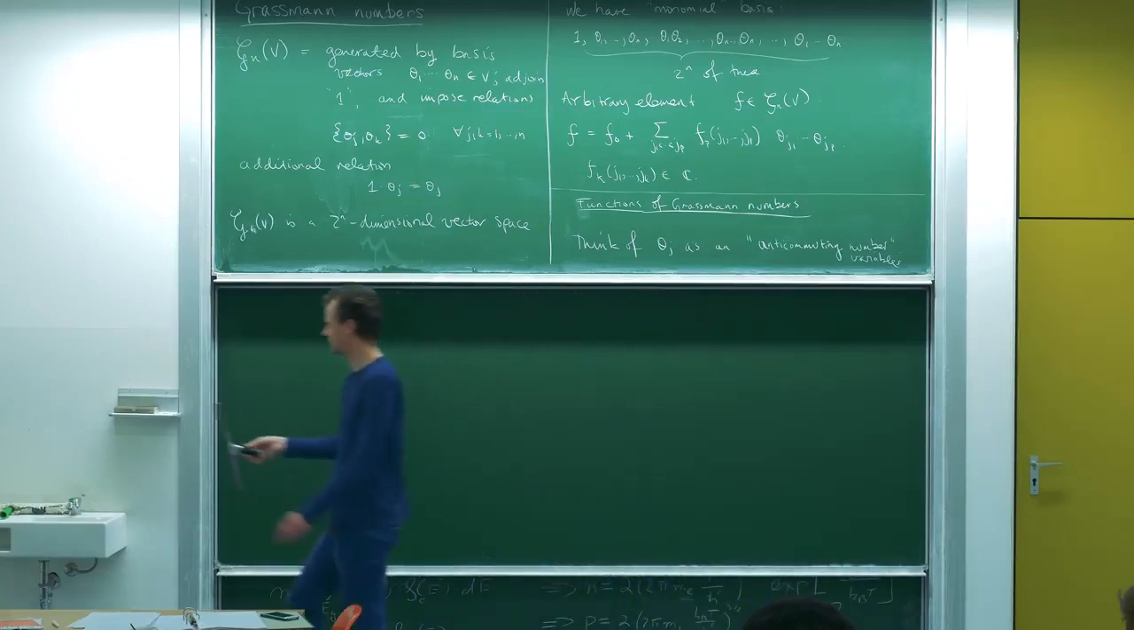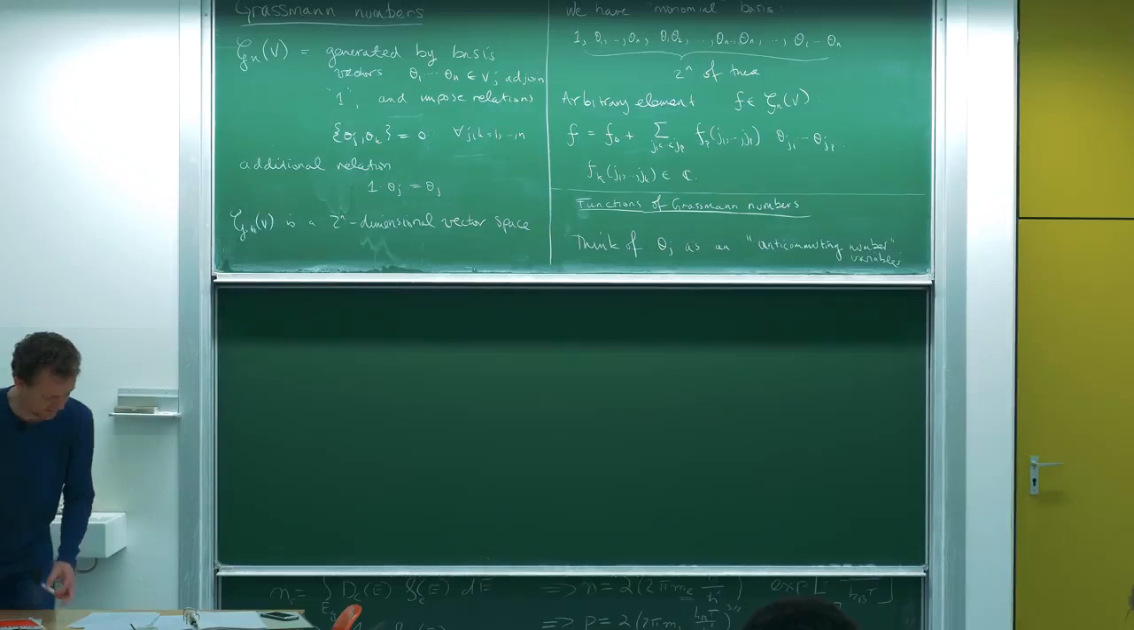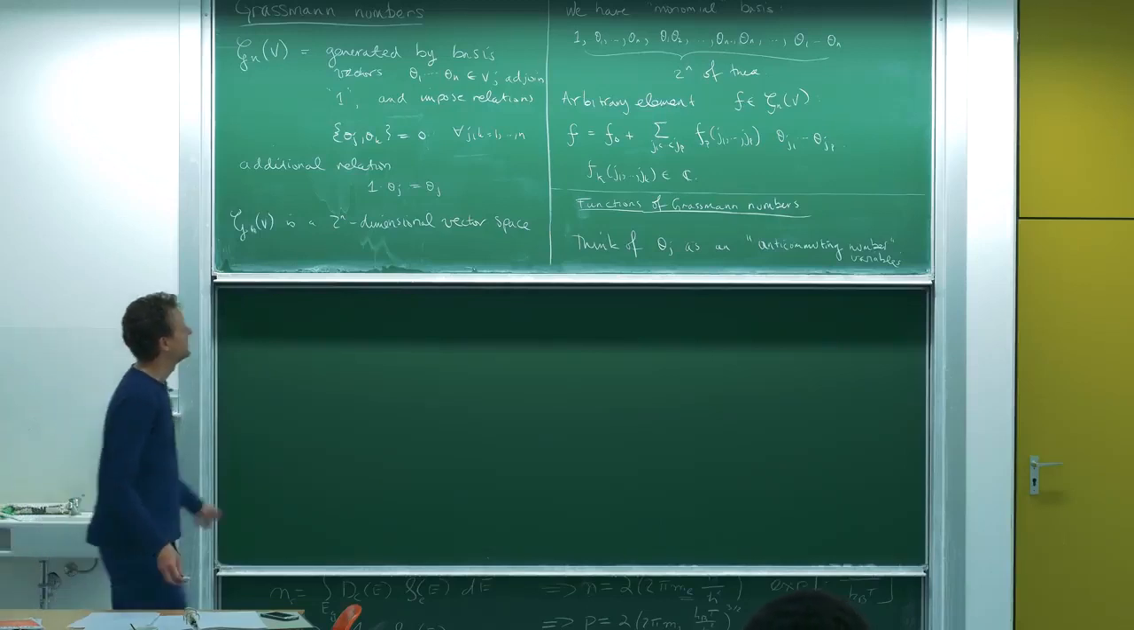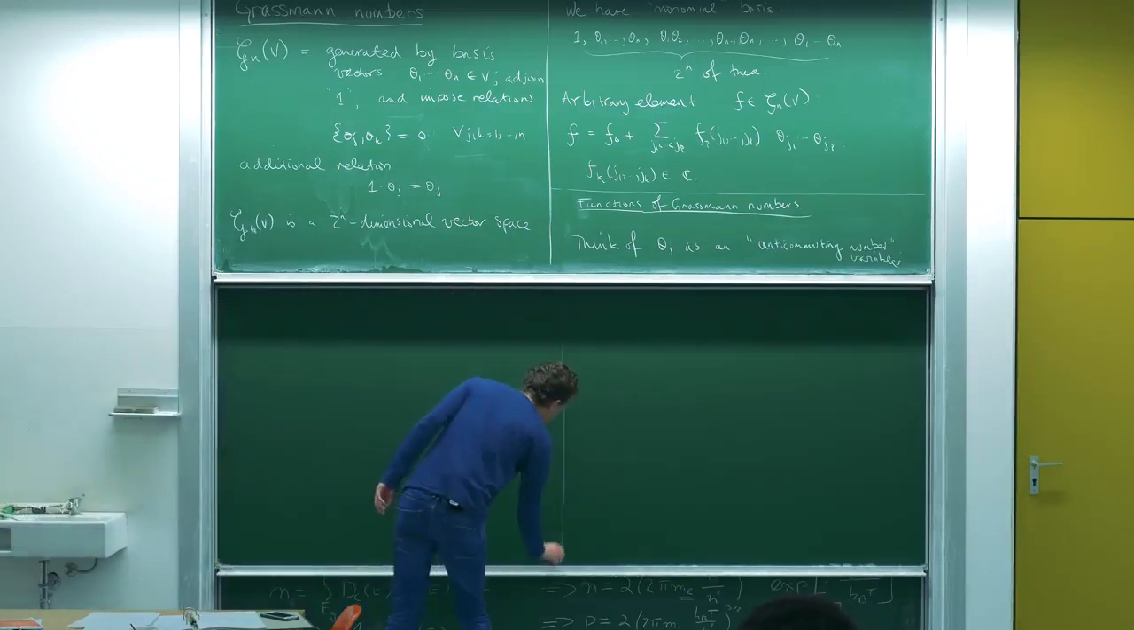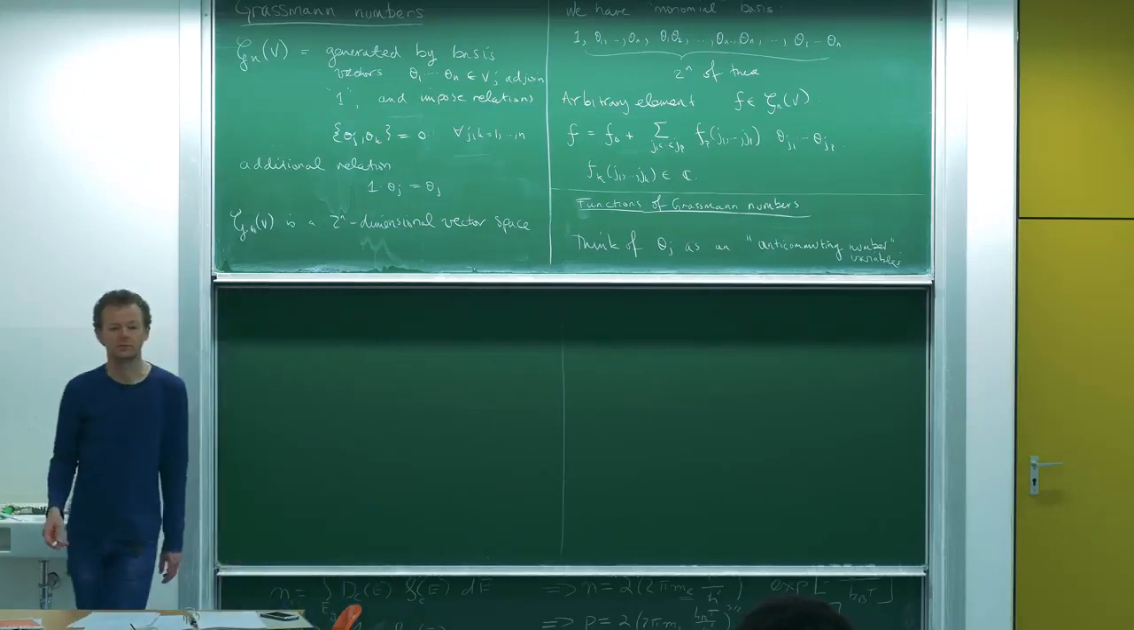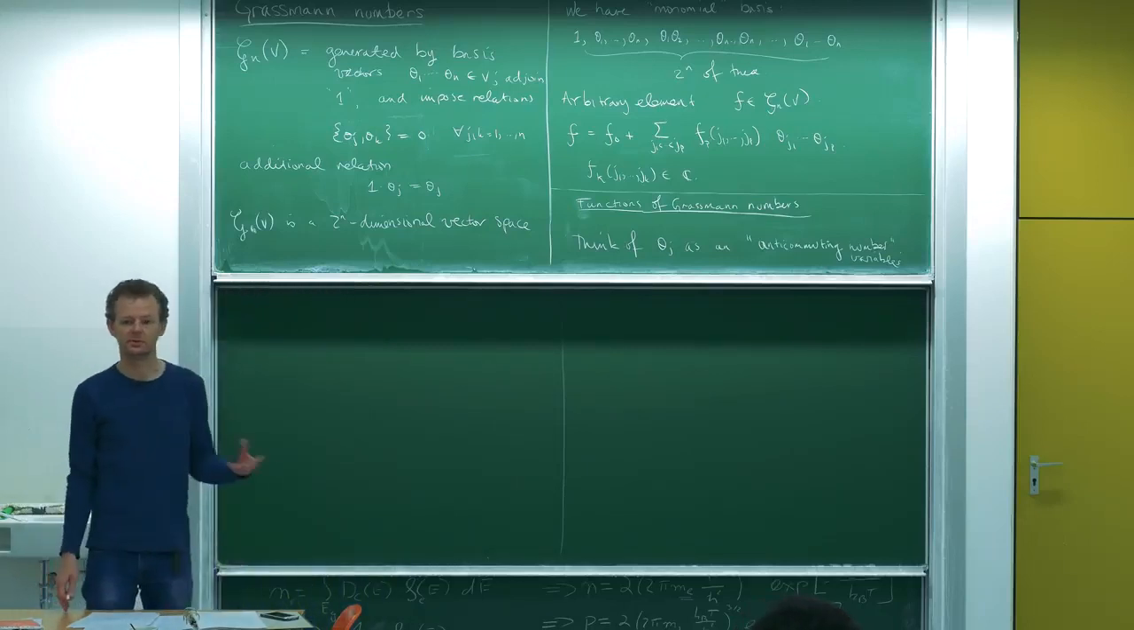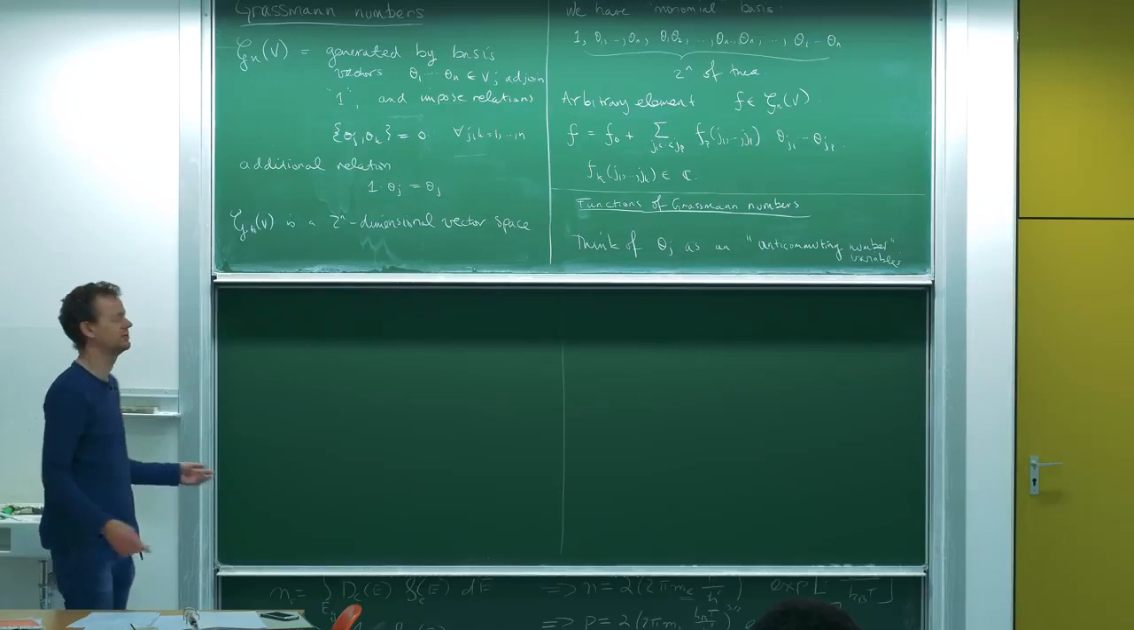But we will try and avoid category theory in this course. We're going to think of these guys as anti-commuting numbers. And when you have a variable, you might want to take a function of that variable. So the first question we're going to focus on